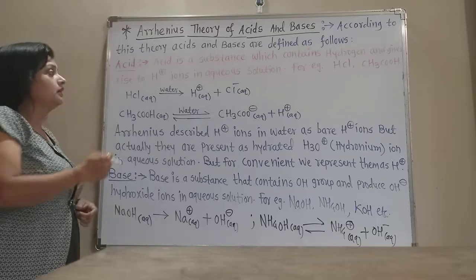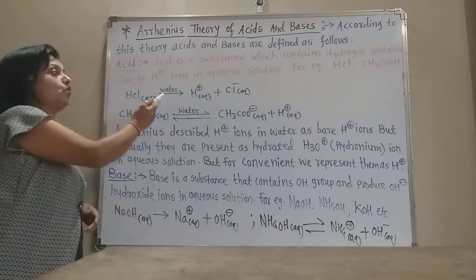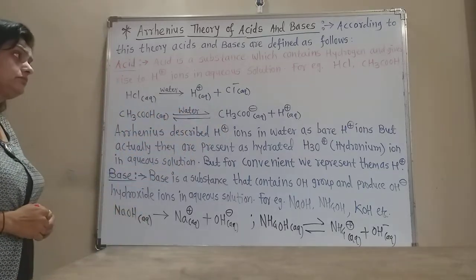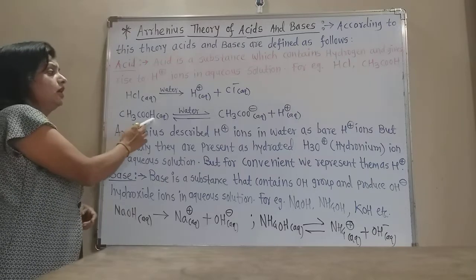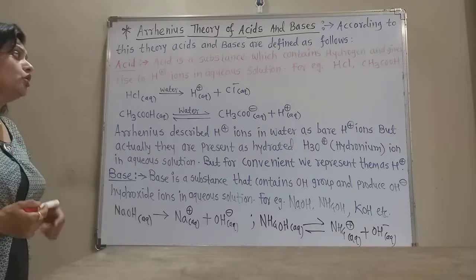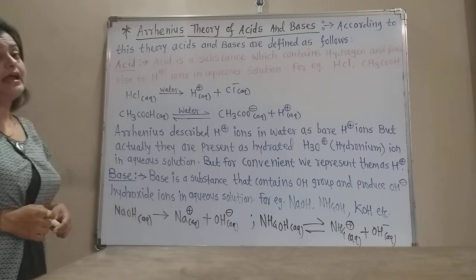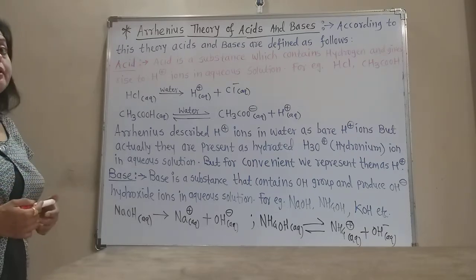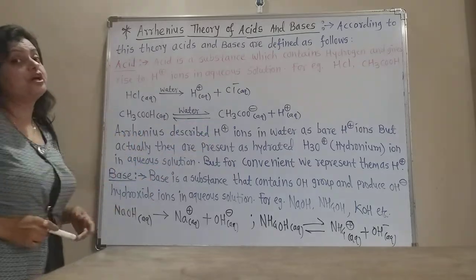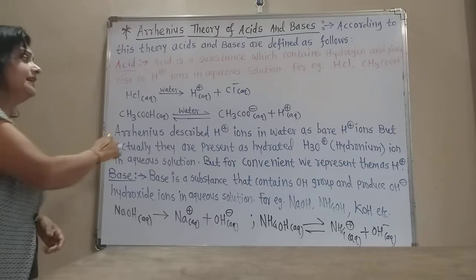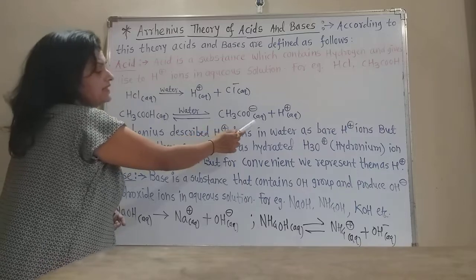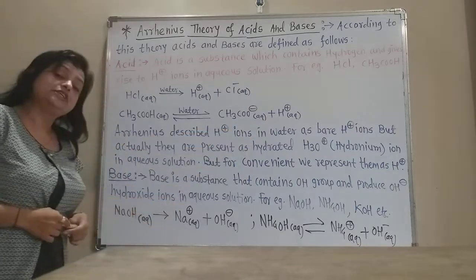Now when hydrochloric acid dissolves in water, in the aqueous solution, it gives H plus ion and Cl minus ion. Now acetic acid also gets ionized, but acetic acid is a weak acid as it is an organic acid. So here there is a double-headed arrow, and due to that there is an equilibrium between the ionized molecules and non-ionized molecules. Now acetic acid is ionized as CH3COOH aqueous gives CH3COO minus ions and H plus ions in the aqueous